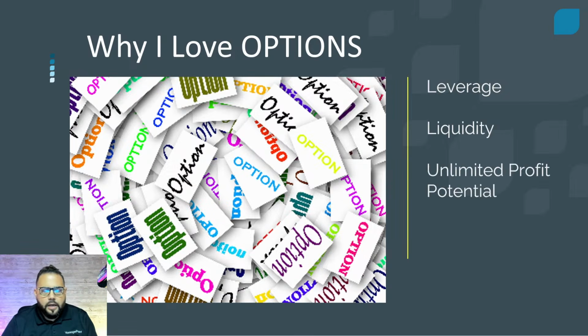So the profit potential: I've seen many options trades in the past go for 120, 150, 200, 300, 400% gains, not only because of that leverage and liquidity, but because of how trading with options is structured. And then, of course, protection. Knowing your downside when you get into the position, knowing what the max loss can be,